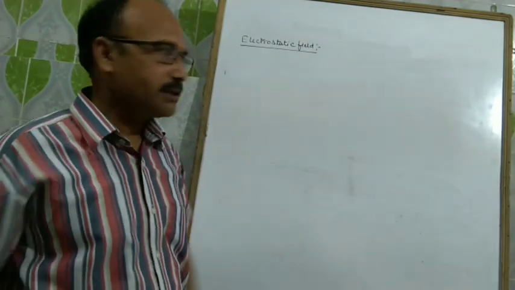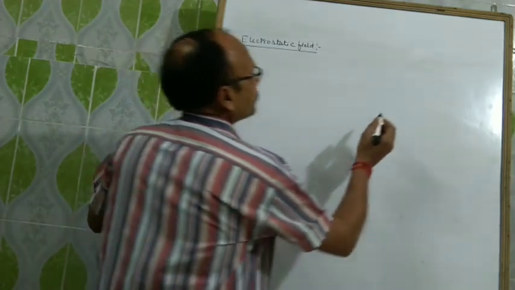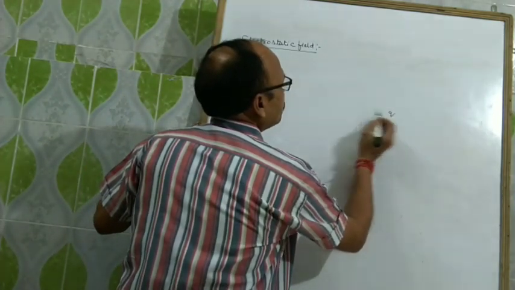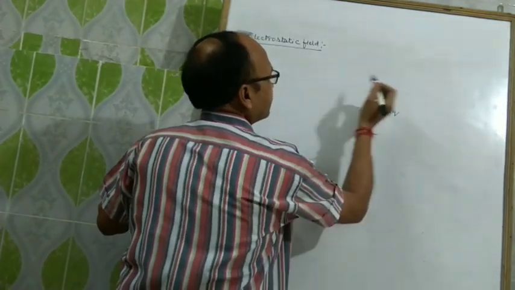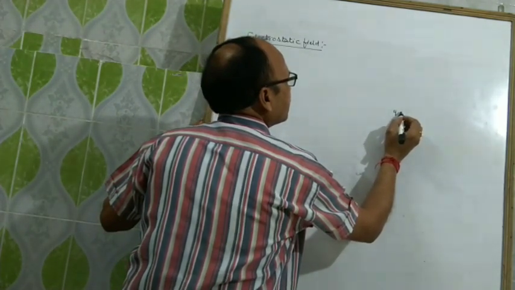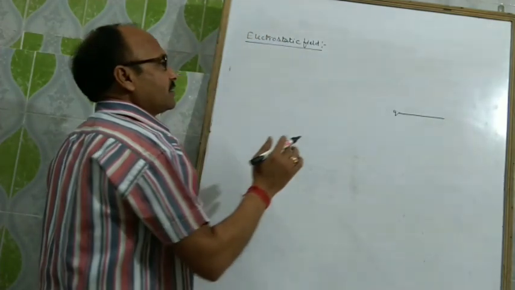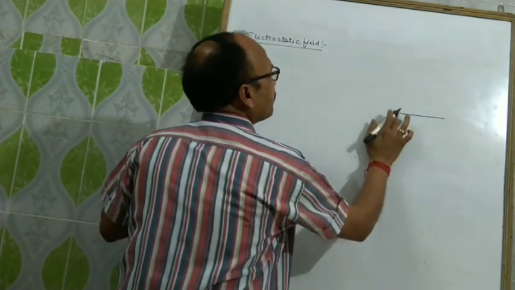You can understand this. Suppose this is the charge which is producing a field around it. If we increase the distance from this charge,